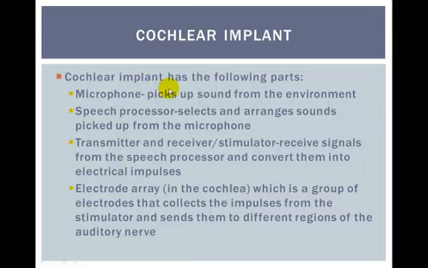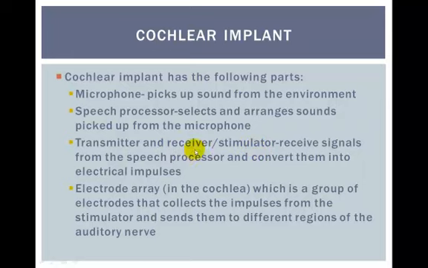Cochlear implants have the following parts. I'm going to read through this. First of all, the microphone on the outside, which is going to pick up the sound from the environment. It's then going to go into a speech processor, which selects and arranges the sound that's picked up from the microphone. It's this portion, the speech processor, that the audiologist works with the patient on as far as the sound quality they're receiving. Then you have a transmitter and receiver,